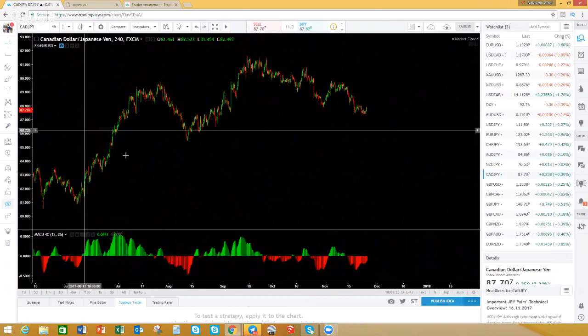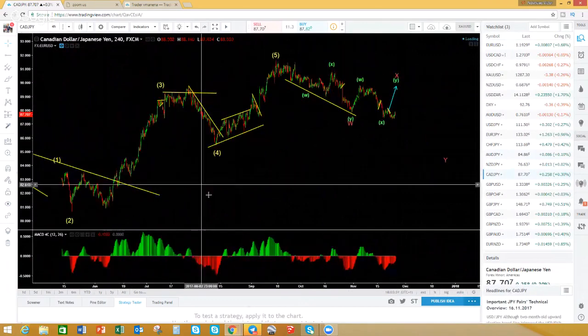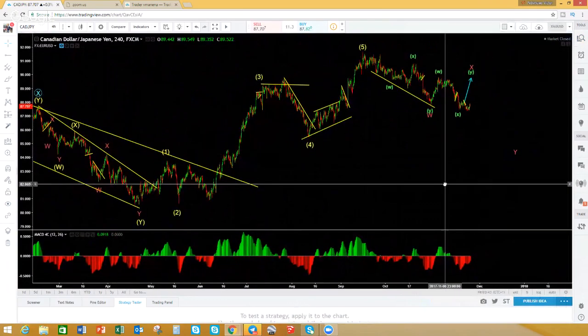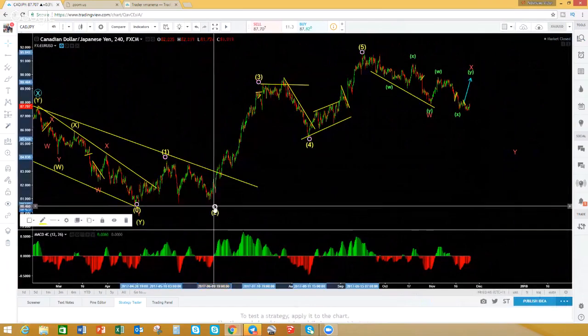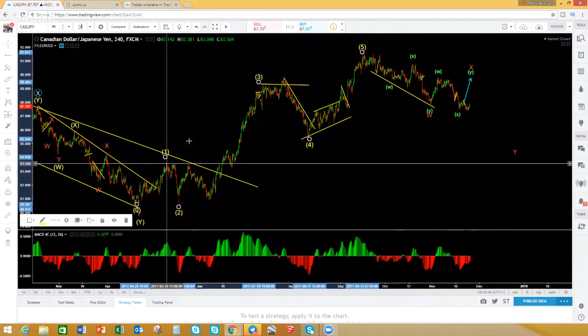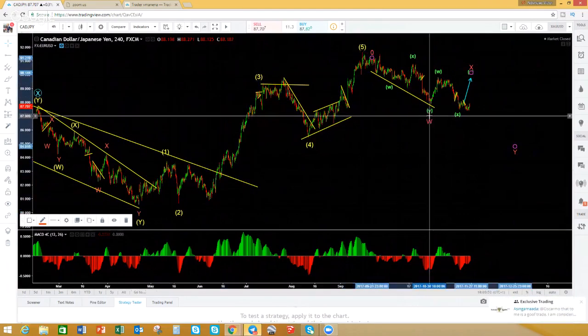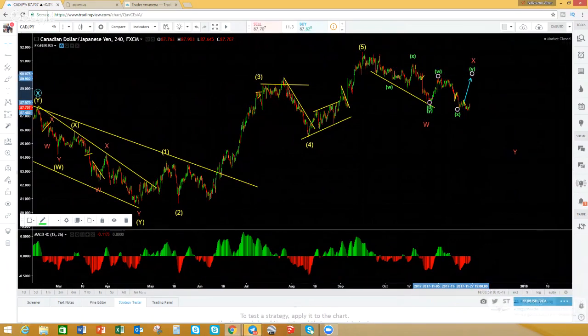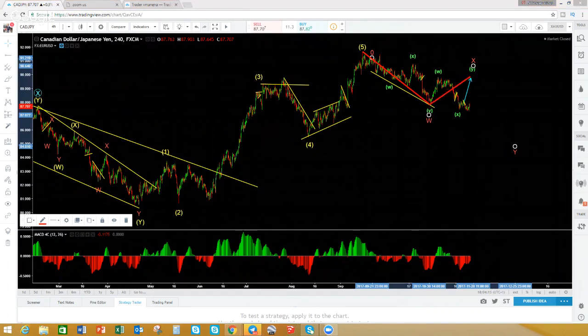Okay, look at this one over here. Let's take this off. So you can see here we've got a 1. This actually should be over here. That's fine. 1, 2, 3, 4, 5. We're getting a double correction here. So I'm anticipating that this will form like this. You've got an impulse. Now you're getting a 1 over there, which is 1, 2, 3 waves, which is a W over there. And then I'm anticipating that we're going to get a connector like that over there. And that connector will be giving us this something